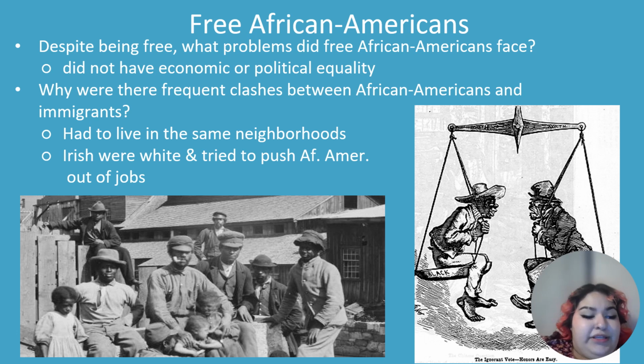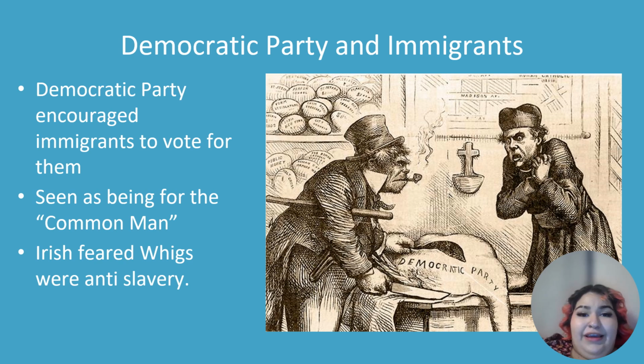And now, because we see such a huge rise in immigrants in the cities during this time, that's obviously going to impact politics, right? And so what we're going to see here is that the Democratic parties are now going to attempt to gain the trust of these immigrants, specifically the Democratic Party. The Democratic Party is going to now start encouraging immigrants to vote for them, right? They have adopted this idea, this belief that Andrew Jackson had as being the common man. And so the Democratic Party are now going to advertise themselves as the Democratic Party for the common man, right?